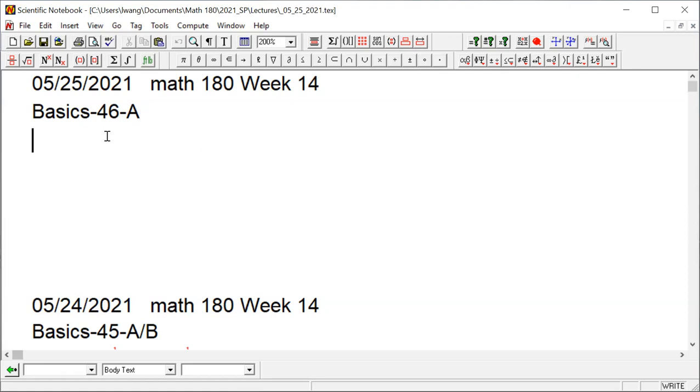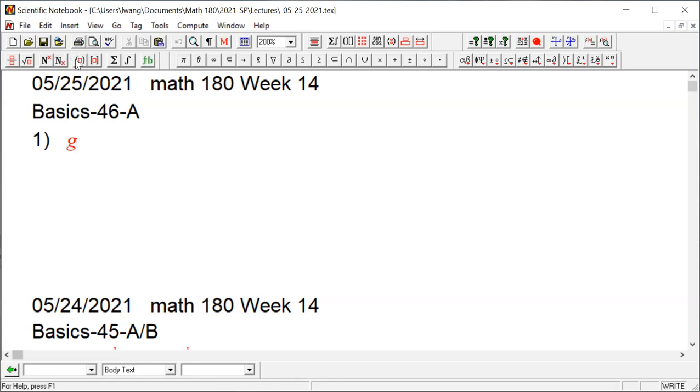So let's get started with the first one. Here we have 3 tasks, A, B, C, as you see at 46A. You need to simplify that expression, and you will also create an equation, which is B, and then you're going to identify the X value such that G of X is undefined. For G of X here,